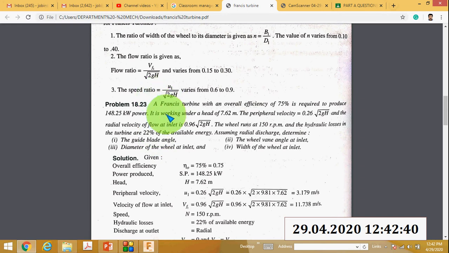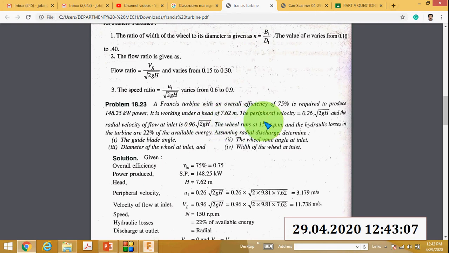Francis turbine. This is question 18.23. A Francis turbine with an overall efficiency of 75% is required to produce 148.25 kilowatt power. It is working under a head of 7.62 meter. Then the peripheral velocity is 0.26 root of 2gh and the radial velocity of flow at inlet is 0.96 root